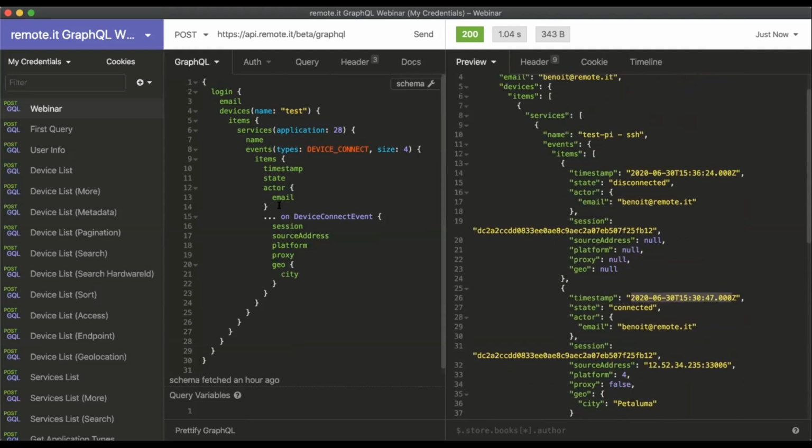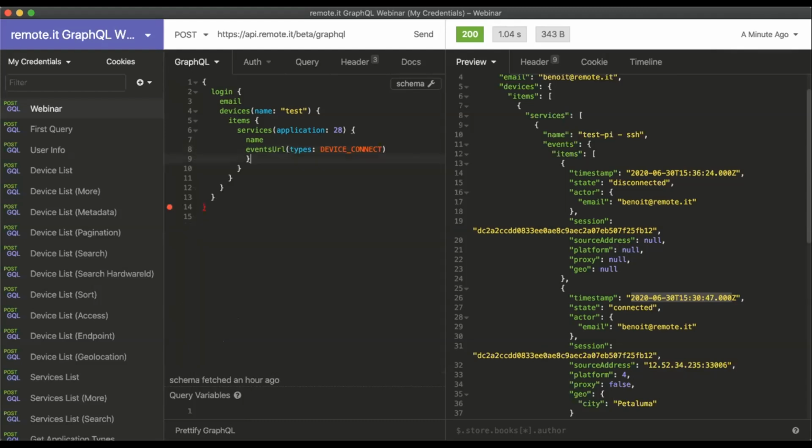Good to know. You could query that anytime, show that in your UI. You can also export it. So I can ask for this particular device, I can export. You just put events URL in here. I'm not going to limit 4 because you cannot limit on the export. It will export them all. And here I say, give me the log of event connect. If I run this,